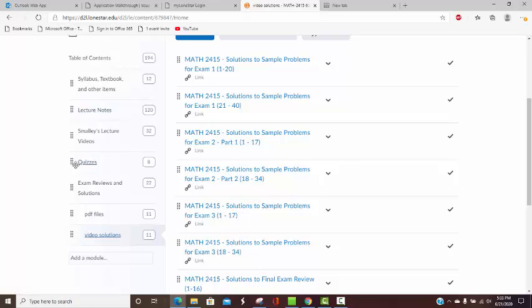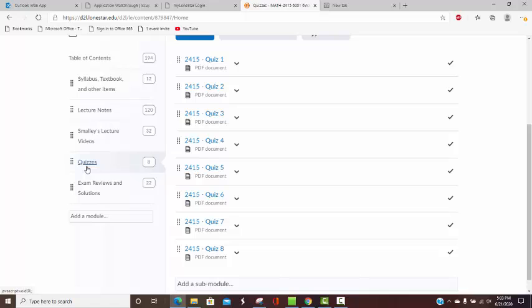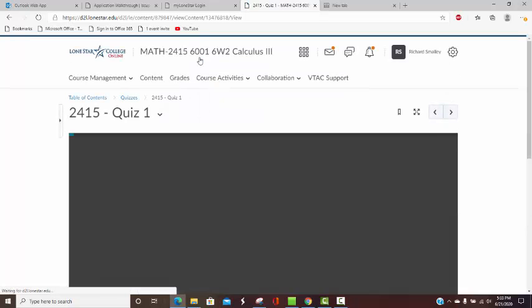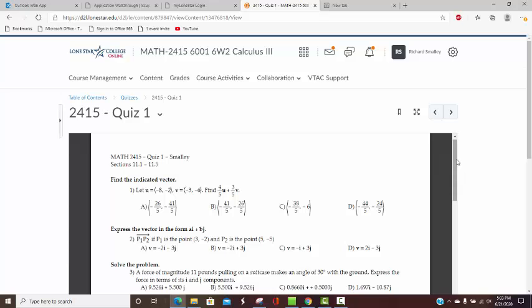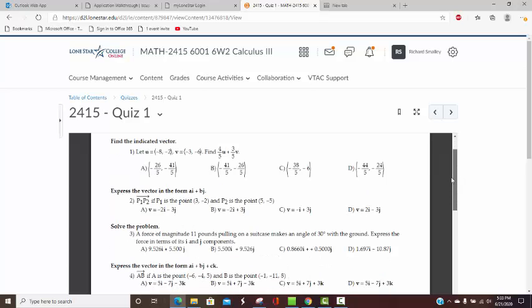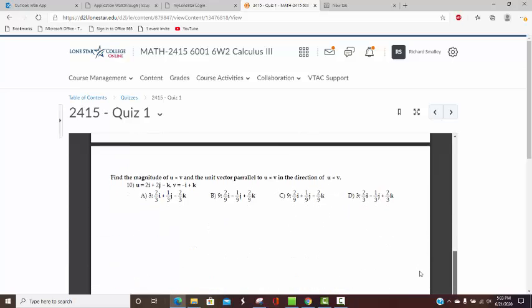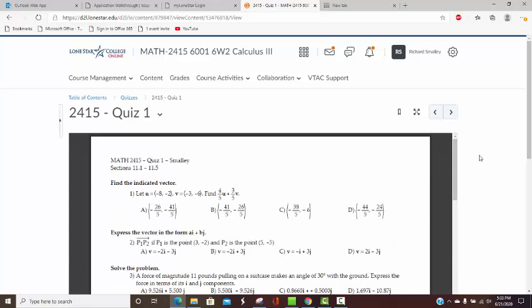So what you do is you already have the questions. There are the quiz files. Each one of them, I believe, has 10 problems. So you open up the quiz file. Now, of course, you've got to pay attention to when it's due. You work these problems out. You only save the work for yourself. It doesn't need to be submitted or shown to me. You work them out, and when you are ready to go, no later than the deadline,